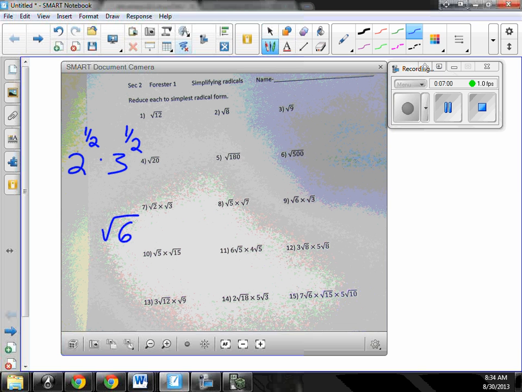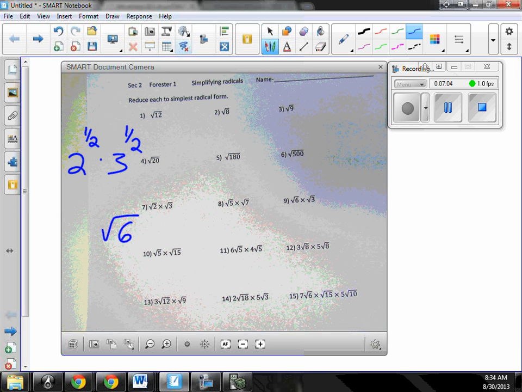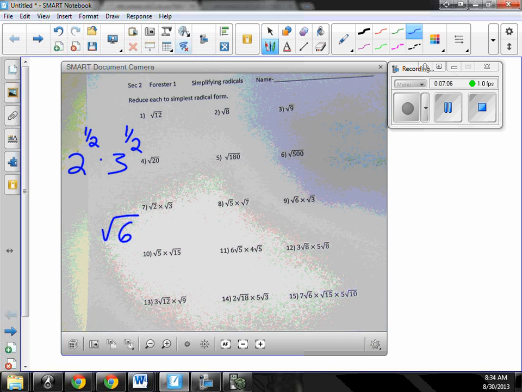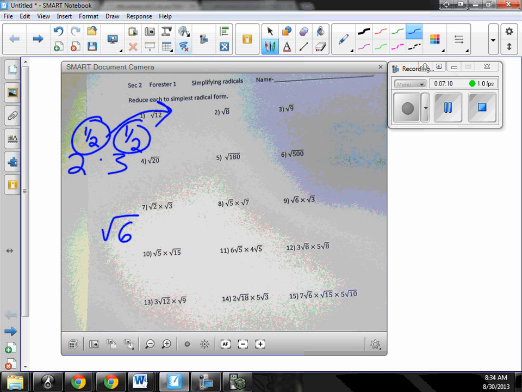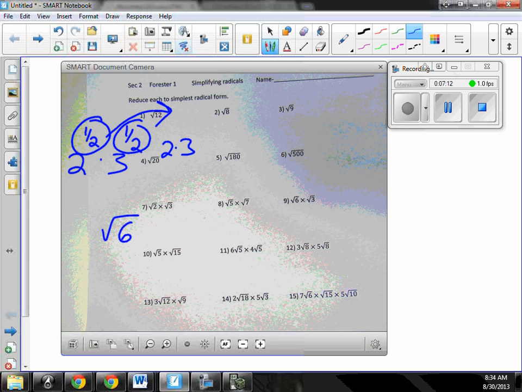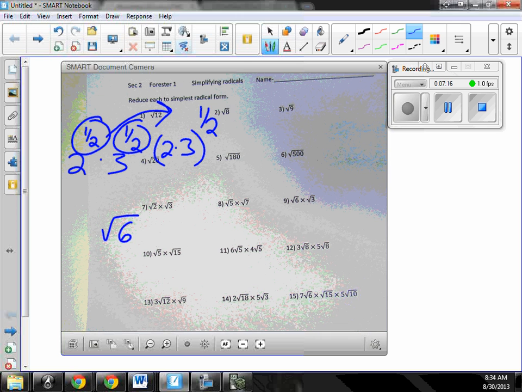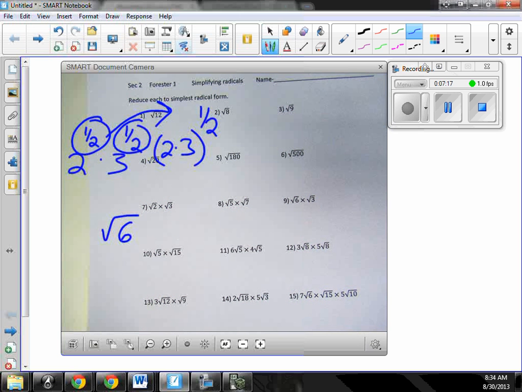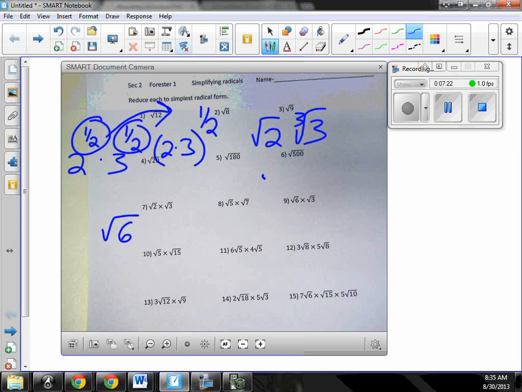Well, I can factor out that 1/2 power. So I can pull this 1/2 power out, and I get 2 times 3 to the 1/2 power. But what if I had the square root of 2 and the cubed root of 3? Then I would have 2 to the 1/2 times 3 to the 1/3,